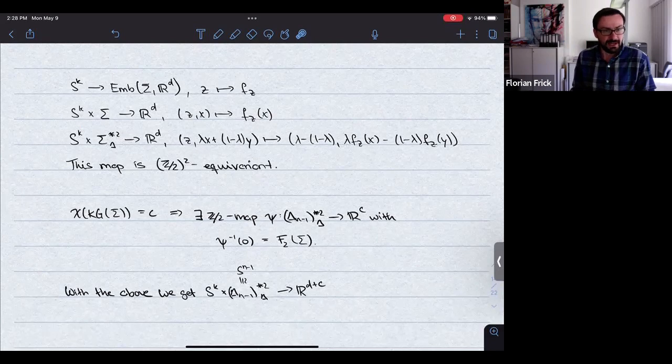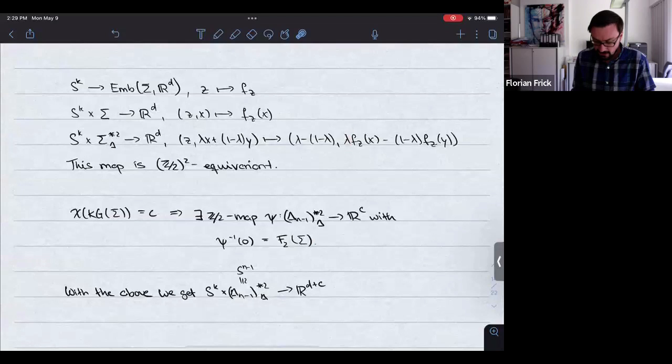And well, if you have this, and at every point z, this is an embedding, well, then you can write down this map that takes any point in the deleted join. Here in the first coordinate, you measure whether lambda is 1/2. This is only 0 if lambda is 1/2. And here, if lambda is 1/2, then forget about lambda and 1 minus lambda. You measure whether f_z(x) is the same as f_z(y),